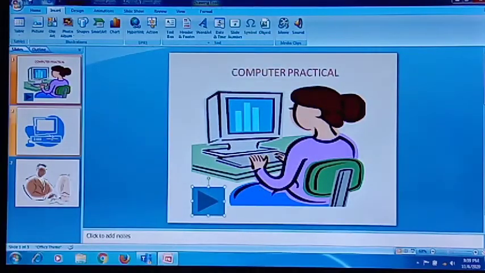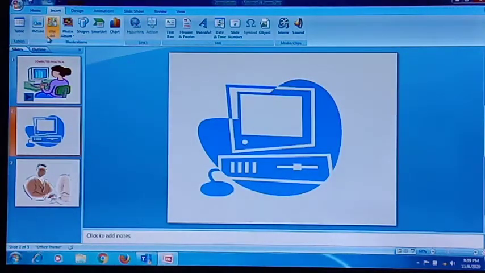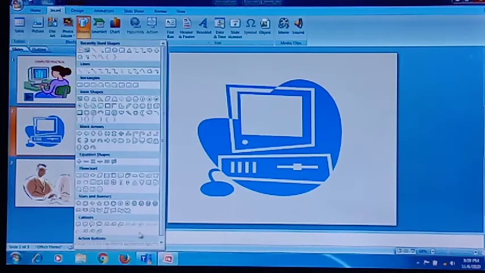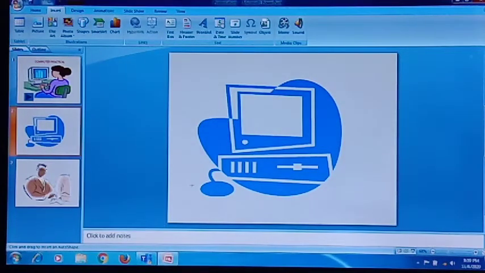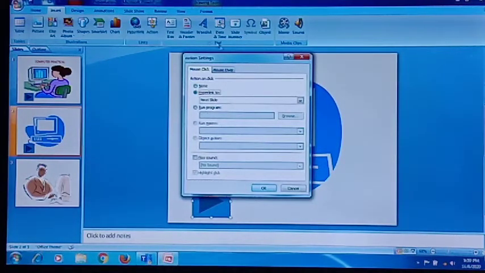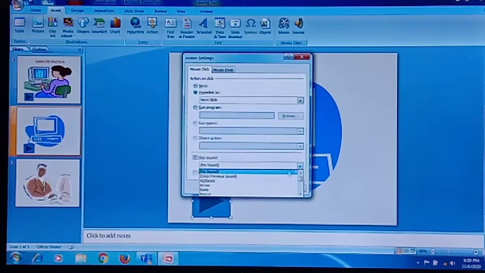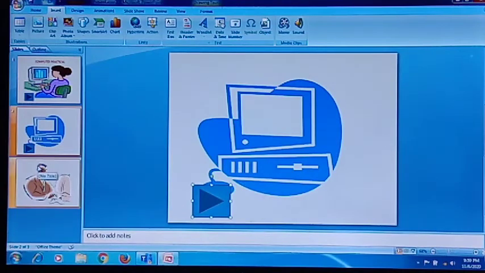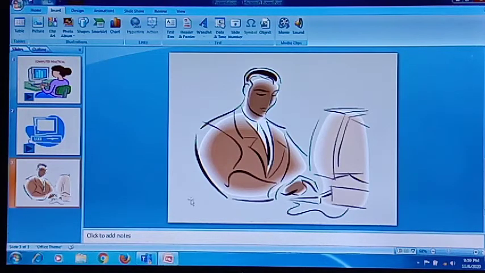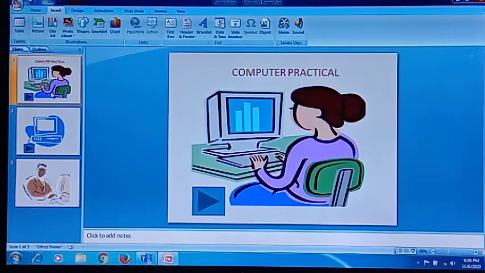In this slide we have created it. In the next slide also, let us insert another action button. So let's take the next one only. Again you click it here. Once you release it, this will appear. Again next slide, sound. Now here, which sound do you want? Let us say a chime, this one I want, and I click OK. Now the last one, let us say in the last one we don't want anything. Okay, so these are the things which I require.